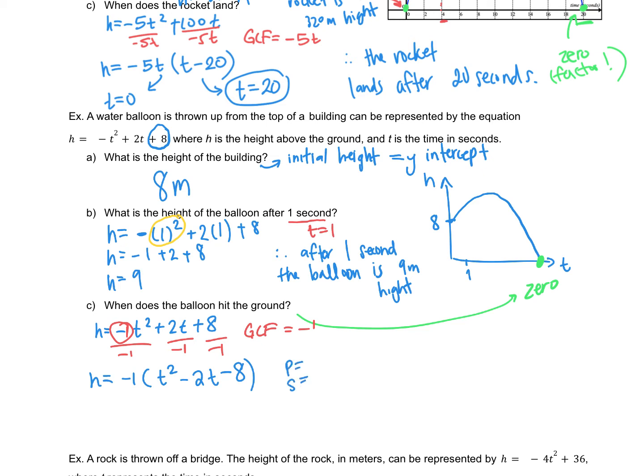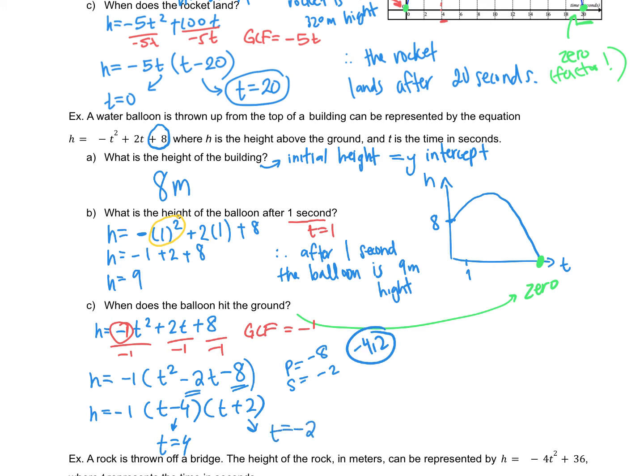So we need two numbers that multiply to -8 and add up to the middle number of -2. I know it's going to be a positive and a negative number, and right away I'm thinking -4 times 2, because if I multiply them I get -8, if I add them I get -2. And then we can just jump to our brackets, so (t - 4) and (t + 2). So then our zeros from this bracket would be +4 because I'm taking the opposite sign, and from this